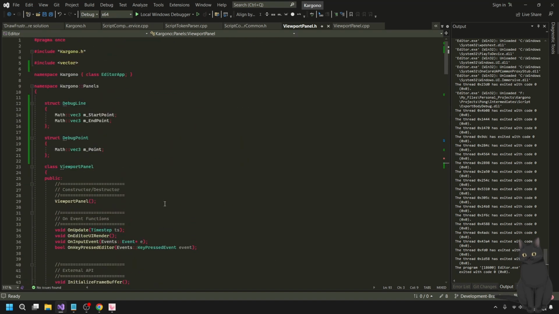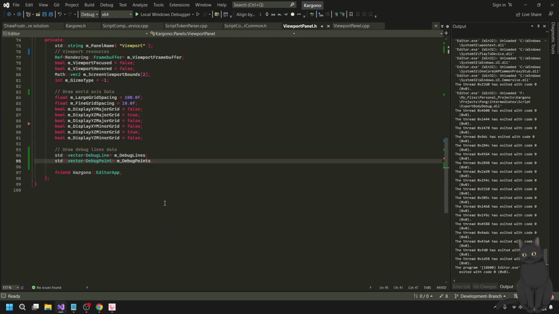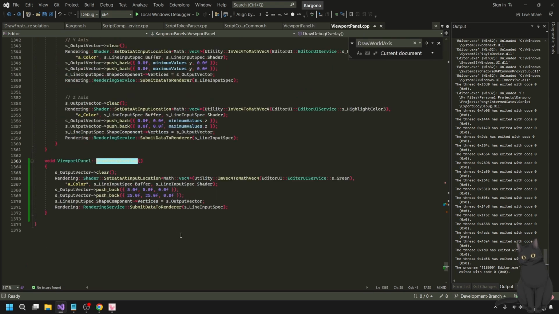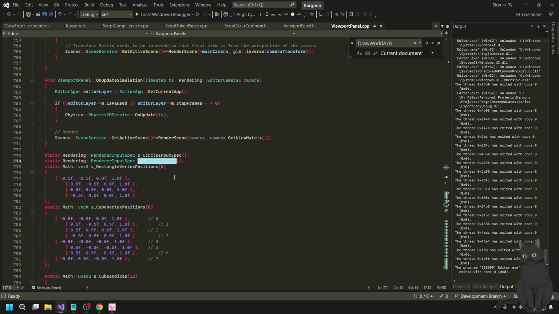All right, so let's see, how are we doing this? S output vector clear, and then we draw this line, and then we use the S line input spec.